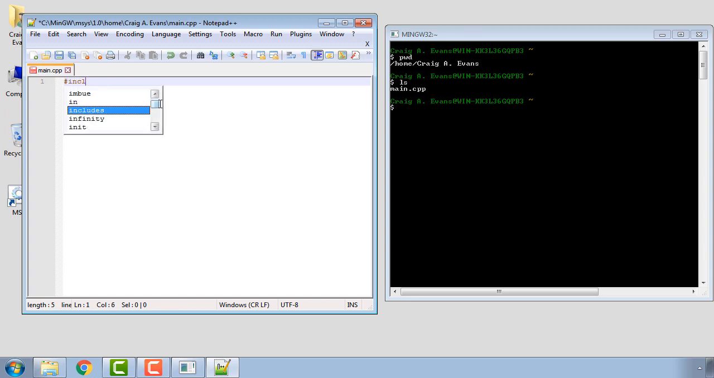So I'm going to do #include. We need to include iostream. Don't worry about the details now. This is just an input-output library which allows us to use streams. We use a stream to print to this terminal window. So #include iostream,